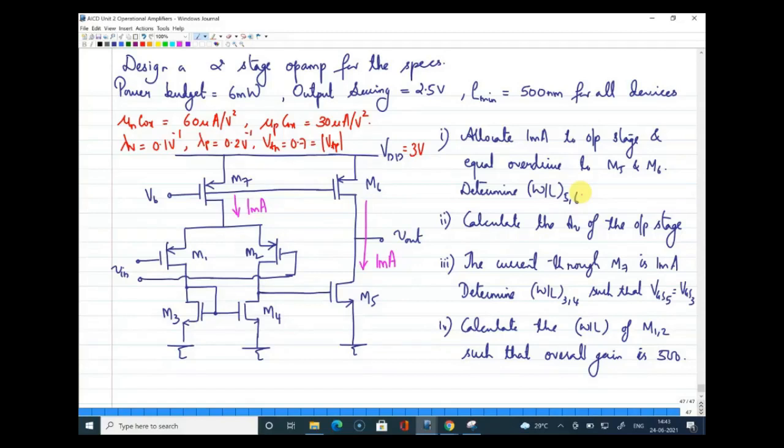Around 1 volt. Okay. How will you decide that? Sir, more for PMOS and less for NMOS. But here in the question it is given, no? You can assign equal overdrive to M5 and M6. So both will have the same. Yes, sir. Now, if both have the same overdrive, how much can we assign? On what basis will you assign overdrive to the transistors?